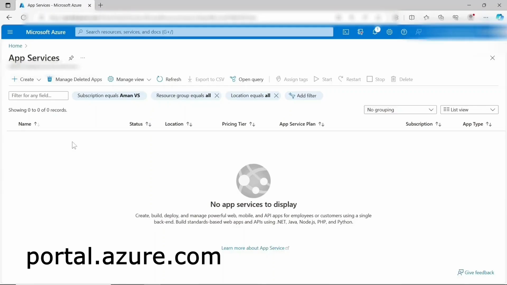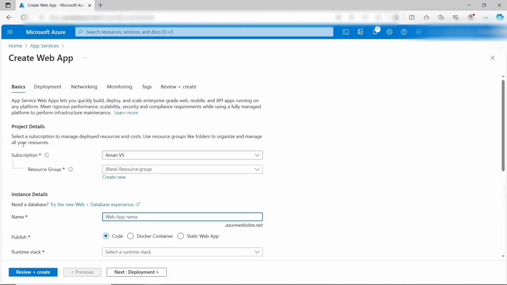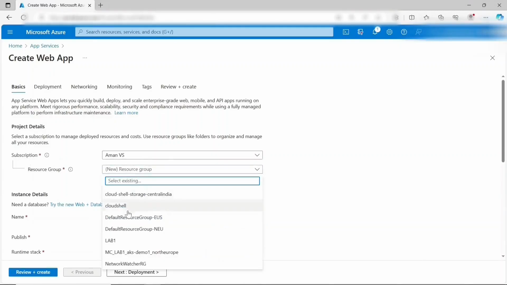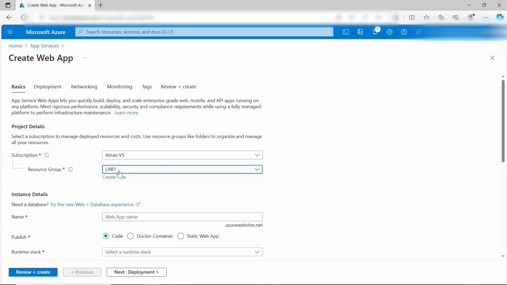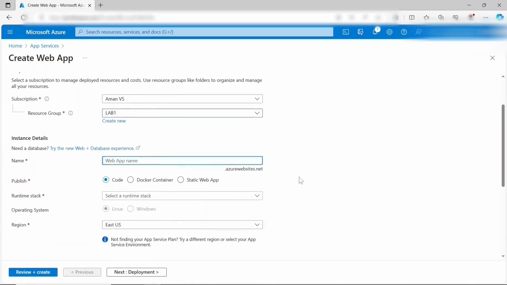First we will go to portal.azure.com and we will sign in to our Microsoft Azure account. After that we will search for app services, then click on create a web app. So I will provide the basic details to create our app service. We have to select our subscription resource group. I am selecting my existing one, app service unique name,